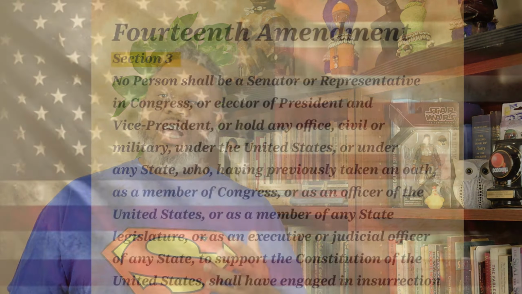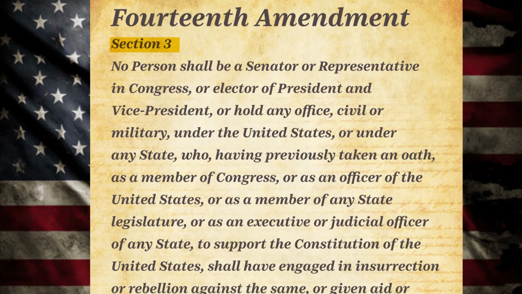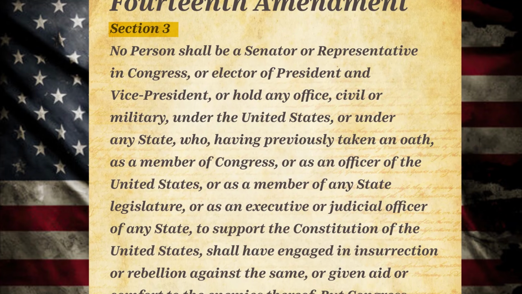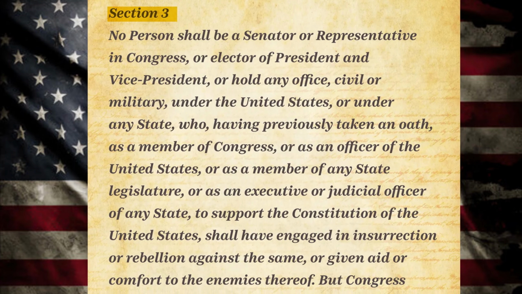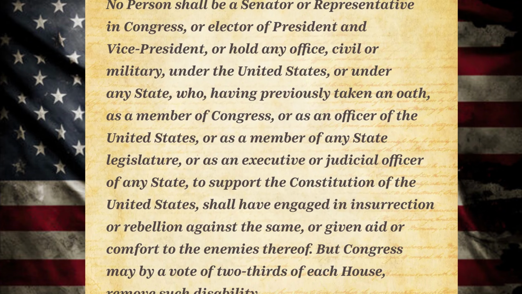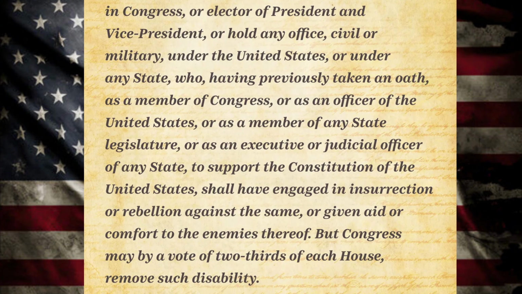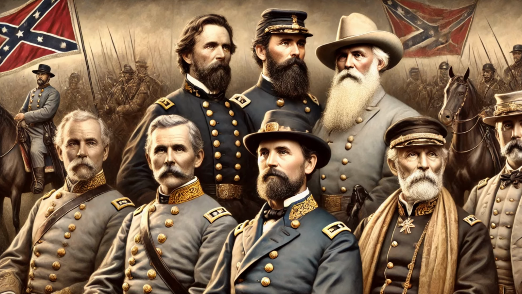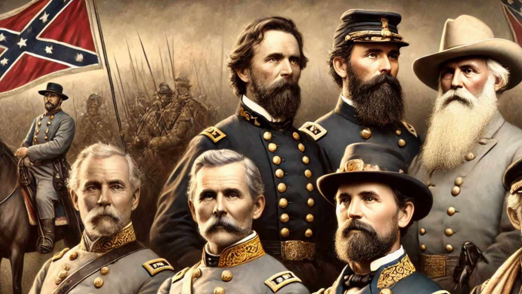Section 3 of the 14th Amendment gave Congress the authority to bar public officials who took an oath of allegiance to the U.S. Constitution from holding office if they engaged in insurrection or rebellion against the Constitution. The original intent was to prevent the president from allowing former leaders of the Confederacy to regain power within the U.S. government after securing a presidential pardon.